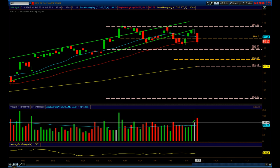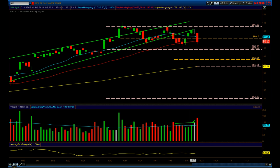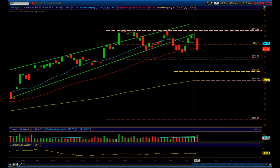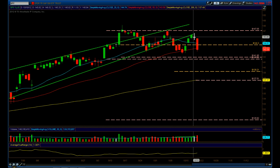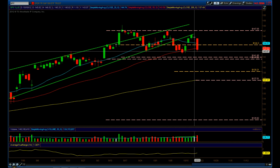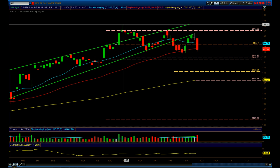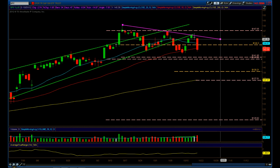If you just look at this white candle here, which is purely a doji candle, it was higher volume since the past 6 days, which tells you that this is an indication of a possible reversal, especially a doji candle on a backtest of this trend line. In addition to that backtest of this trend line, what you could have done was drawn a trend line like